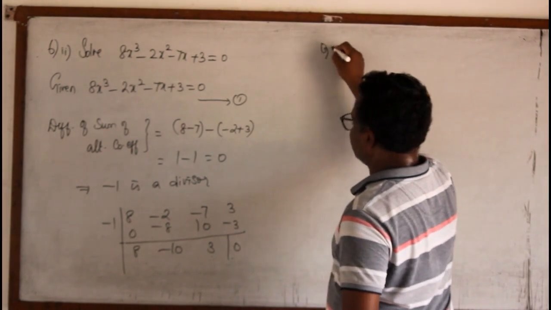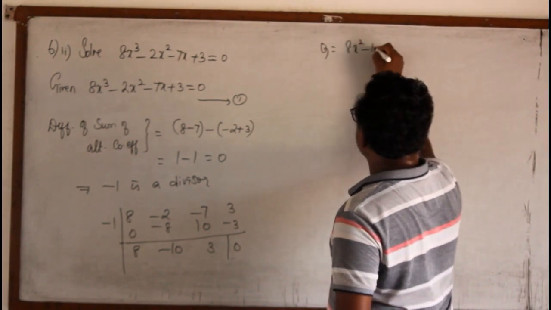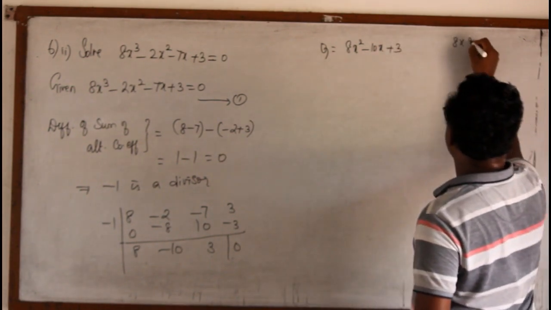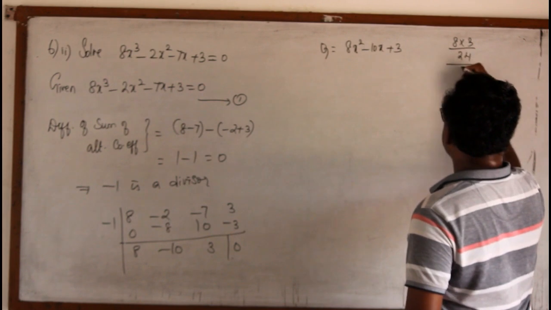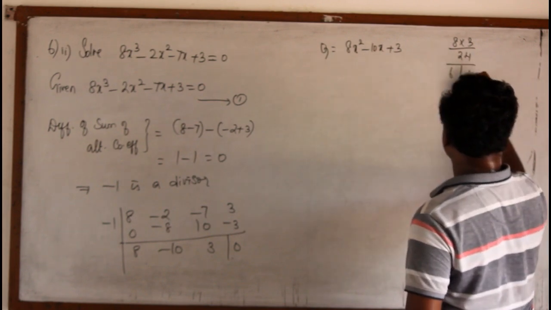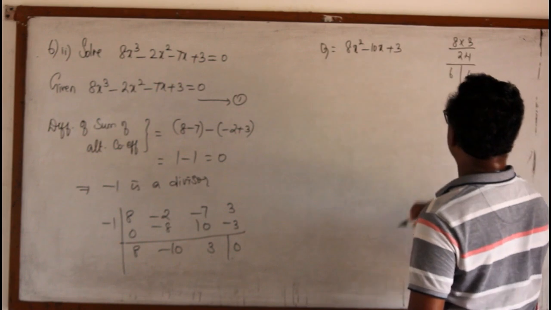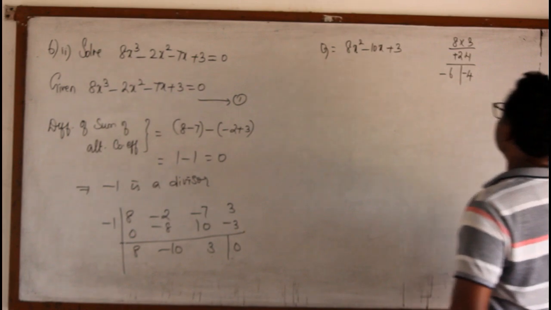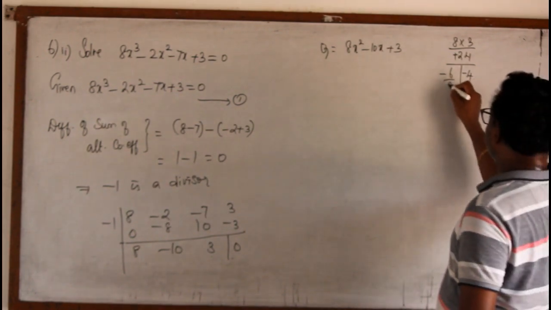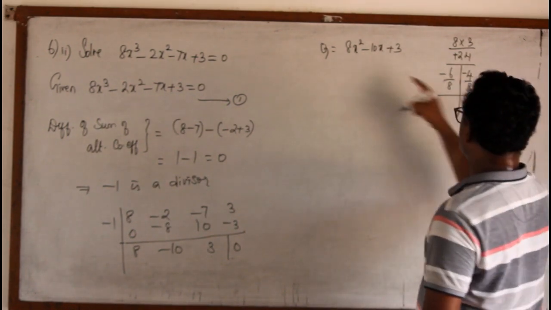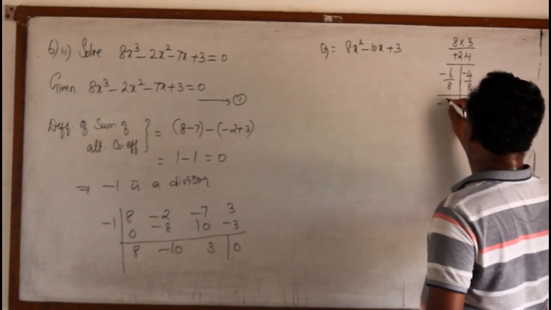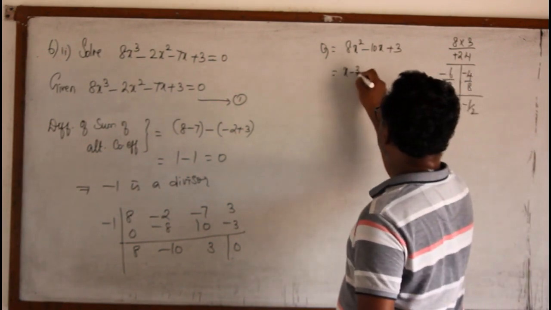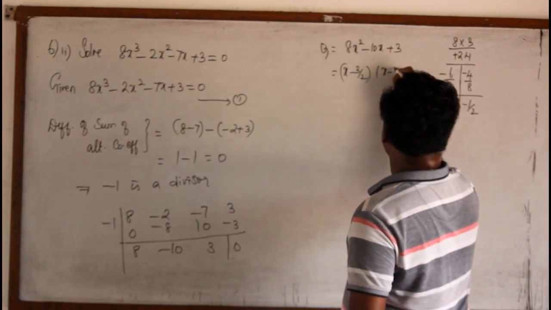So we have the quotient as 8x square minus 10x plus 3. We can factorize. 8 3s are 24. I need minus 10. So 6 4s are. When I multiply, I must get plus 24. When I add, I must get minus 10. So it is minus 6 minus 4. It is plus 24. So by 8, since the coefficient of x square is 8, minus 3 by 2, minus 1 by 2. So this can be written as x minus 3 by 2 and x minus 1 by 2.